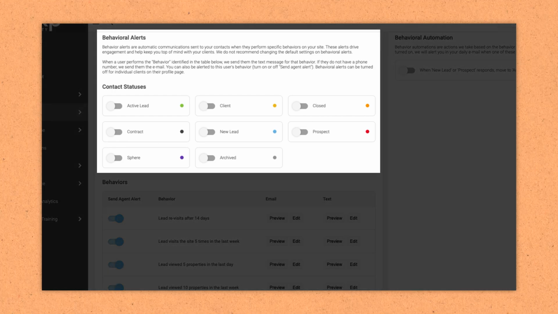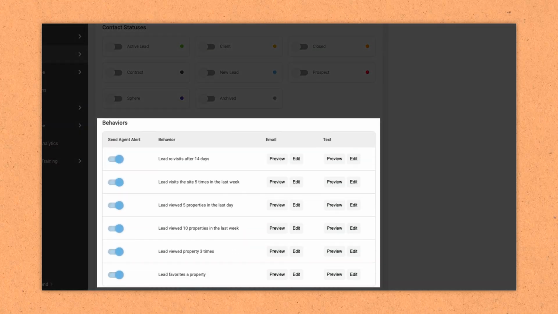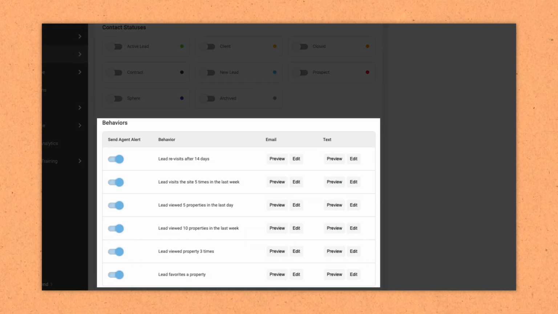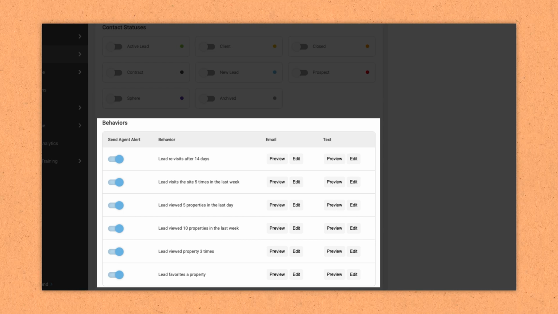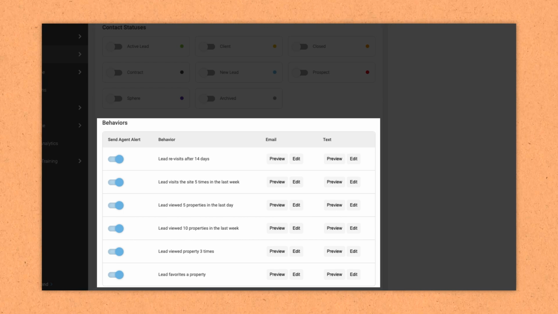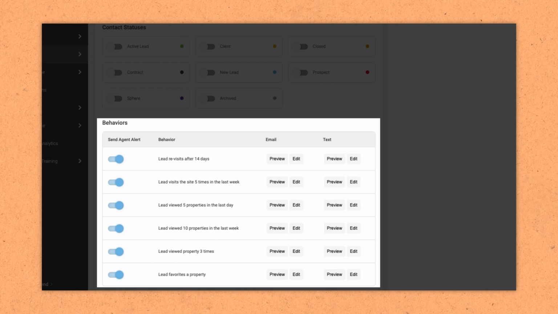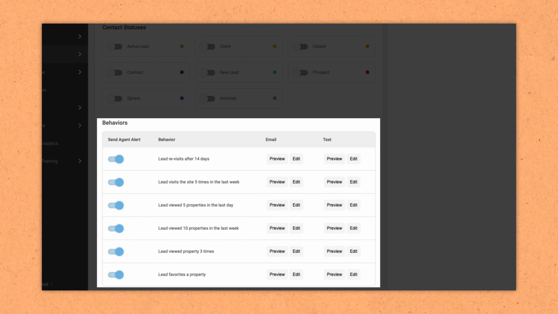As an example, you can designate certain contact statuses and decide how you want to triage them. To where a lead re-engages and revisits your website after 14 days, you can have an email or a text automatically fire, along with 5 other behaviors that will help you identify those individuals that are in your database that are actively in the market. Now that in and of itself doesn't require your programming. You just have to turn that setting on. So you can probably see now how working together with kvCORE to help you nurture your database will allow you to close more transactions.